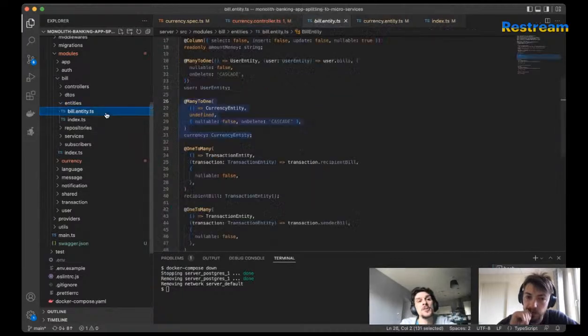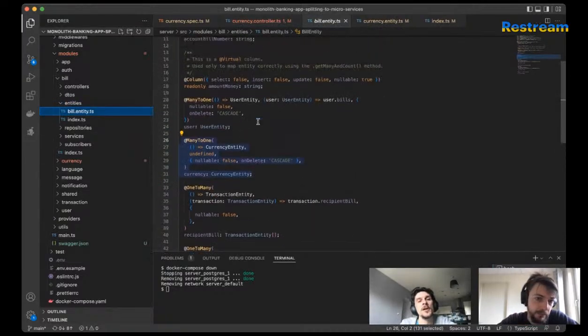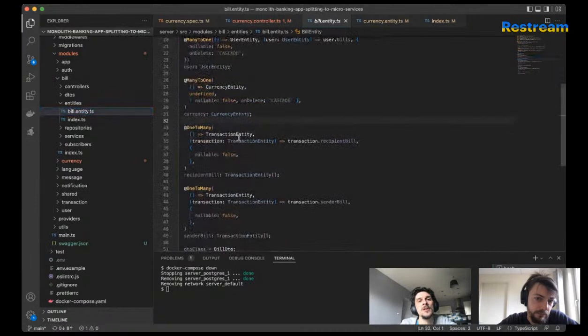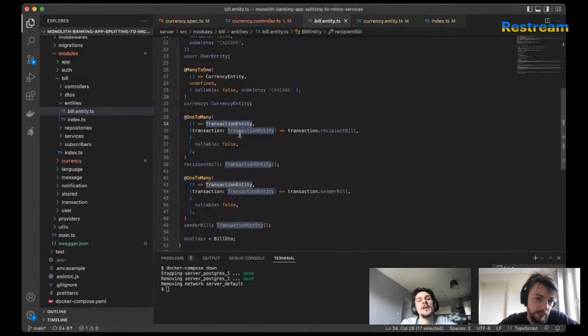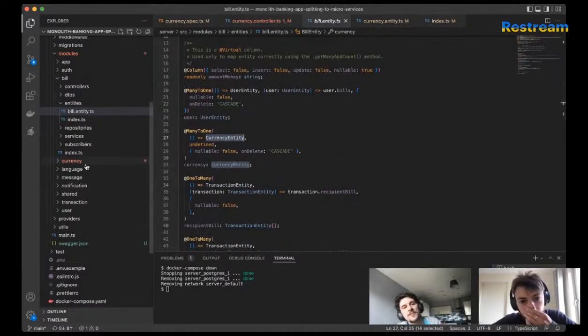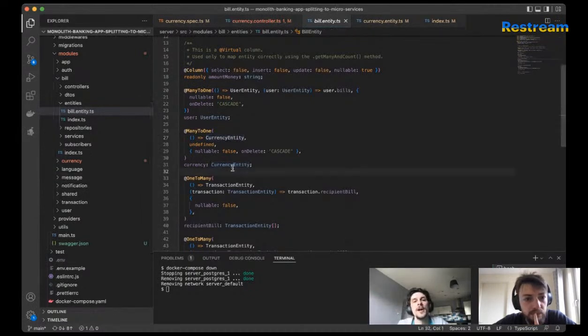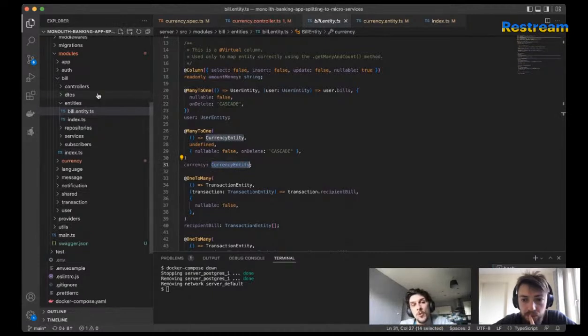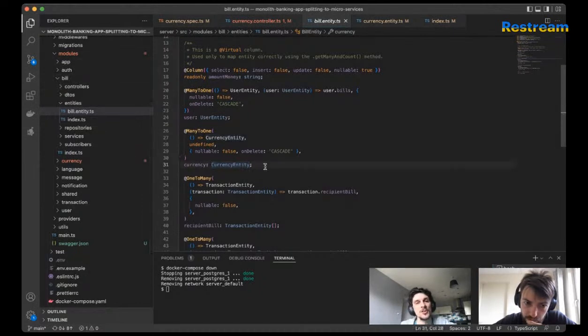Yeah, another thing to mention, what we also should do, we shouldn't touch here currency entity, as starting from now, our idea is to separate this currency database into a separate database. So we don't have anymore this currency entity, and therefore we need to go through these build services as well and see where this currency entity was used.